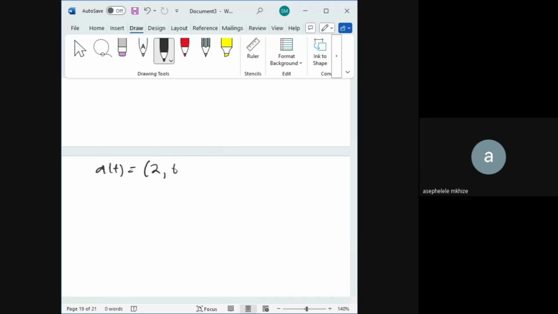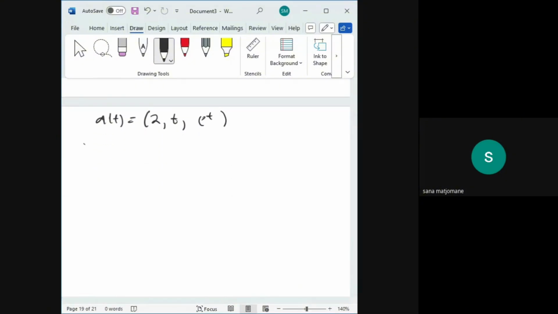T, and e to the power t. Right. Okay, now let's start. We know v at t. To get v at t, we need to integrate a at t with respect to t. Hence, I'm saying dt there. So now let's start. I'm going to say my v at t is the integral of